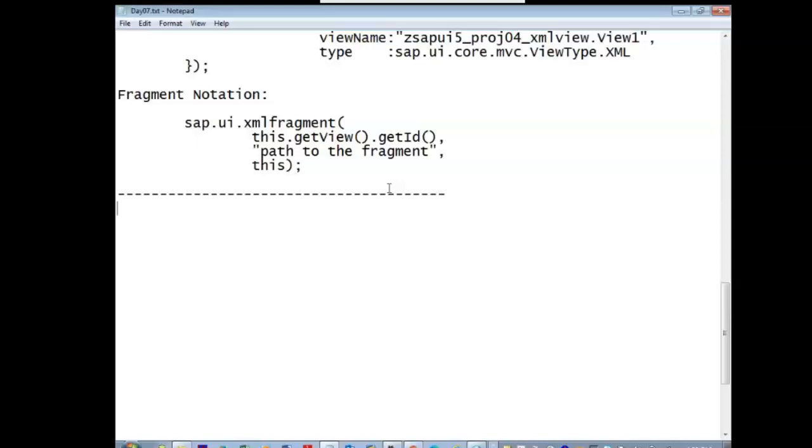No, I want to show it in a table. Okay, showing a table, that's what tomorrow we'll see. I want to show the table data, the supplier data, in a table. I want to show it in a fragment. For that purpose, we can go with a fragment. Tomorrow we'll see that one, okay?